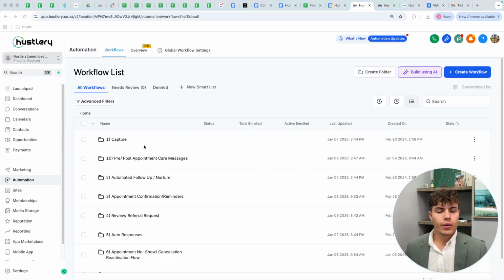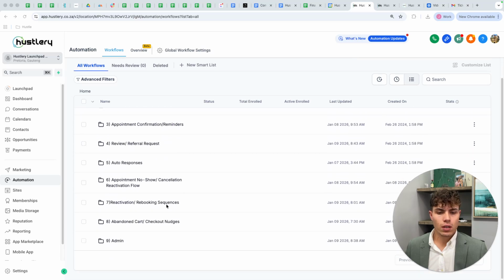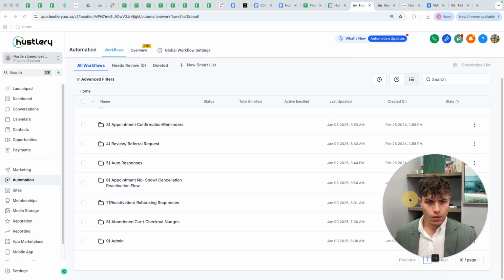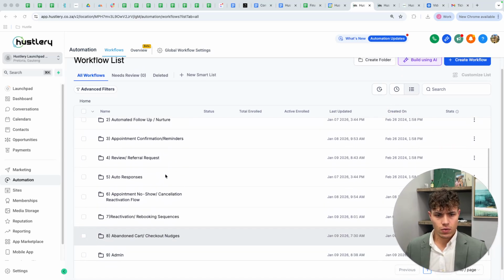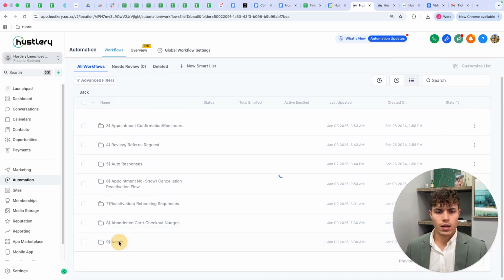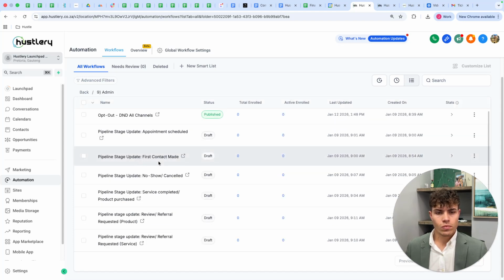Okay, you will land on here, and now you can just scroll down a little bit, and then you should see, let's see, where is that folder now? It should be under admin. There we go. Pipeline stage update